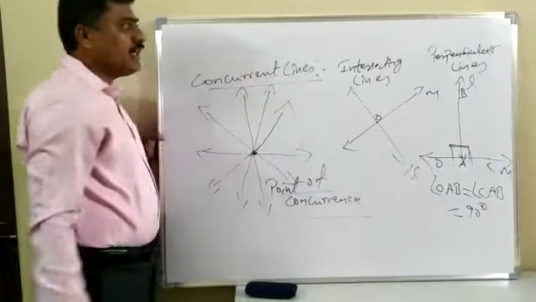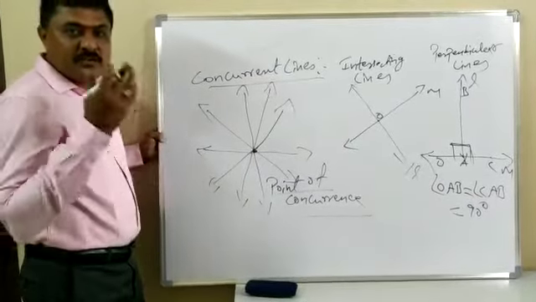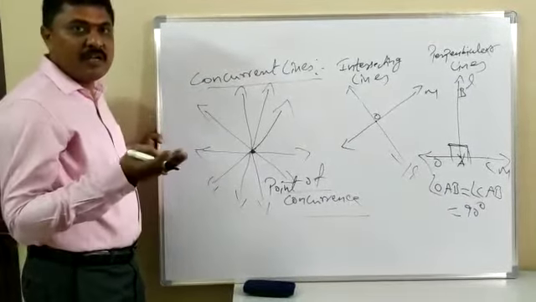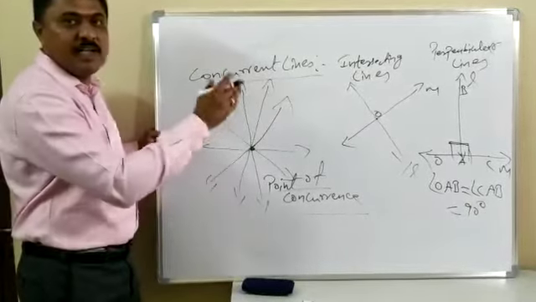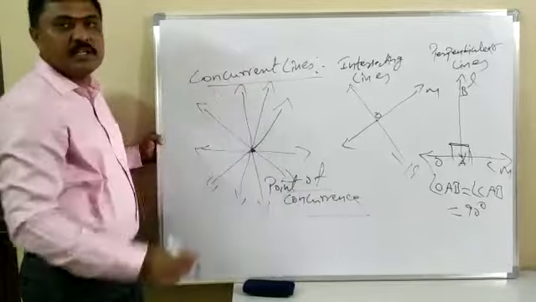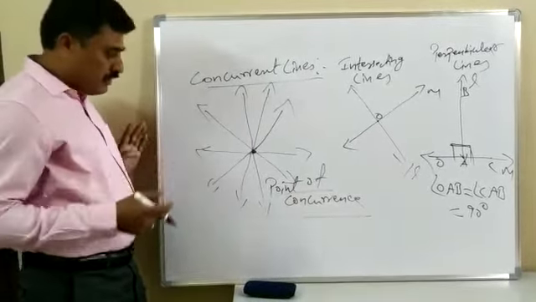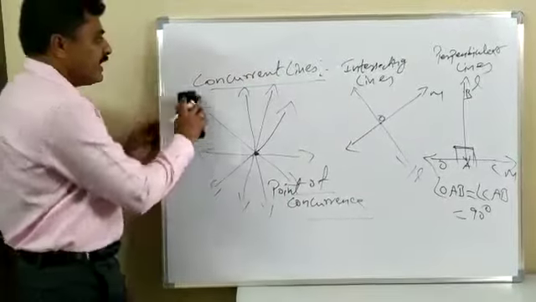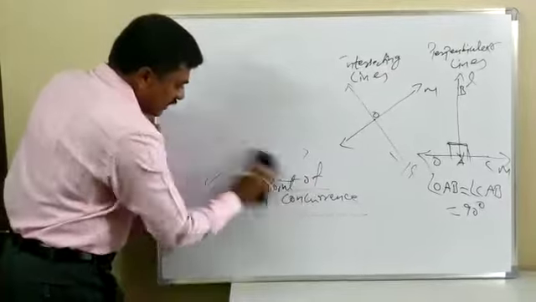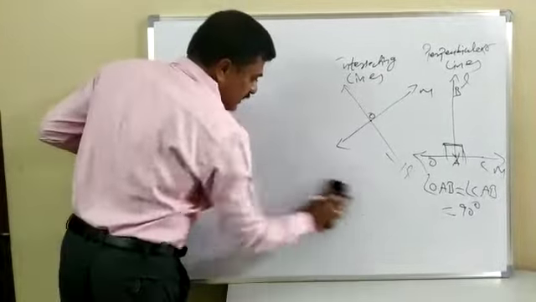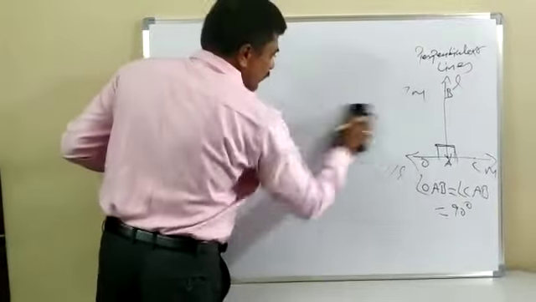Like this, lines play a vital role in geometry. First we should know what a line is. After a line, there are types of lines: parallel lines, intersecting lines, perpendicular lines, and we have seen what concurrent lines are. In the same way, one more important term I will explain is the transversal. What is called a transversal, we will see now. That is also one more line. First I will take the example of parallel lines.